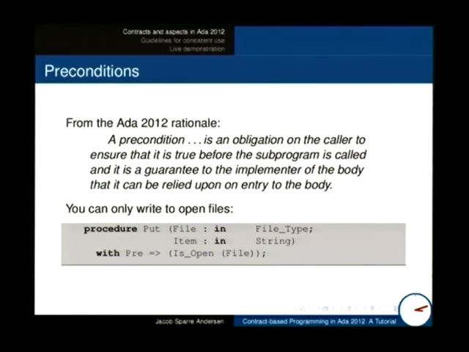I just came up with an example. Even in Ada 2012, they haven't actually put any of these contract aspects on much of the standard library, so I decided I would take some examples from the Text_IO API. So we say we want to put a string to a text file. Well, we better make sure the file is open first.